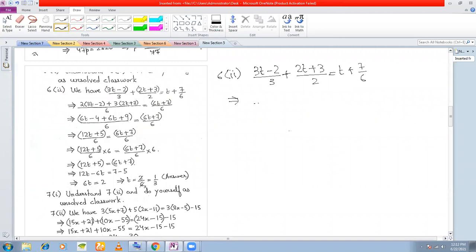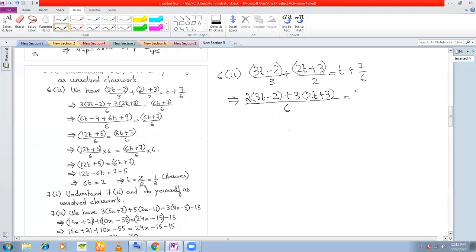Remove the fraction first, take the LCM and put brackets. So you have 3 and 2, LCM is 6. You divide 6 by 3 to get 2. So multiply this 2 by 3t minus 2. Plus 6 you divide by 2 to get 3. This 3 you multiply by 2t plus 3